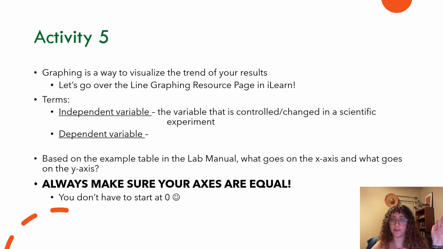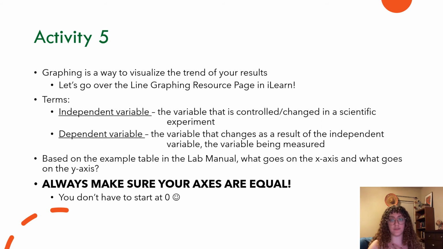So the independent variable is the variable that you change, that you are in control. You are the one that changes that specific variable. The dependent variable is the variable that changes as a result of the independent variable. So it's the variable that you're measuring. So in our experiment, we are looking at whether or not height correlates with the distance you jump. So height is the independent variable because